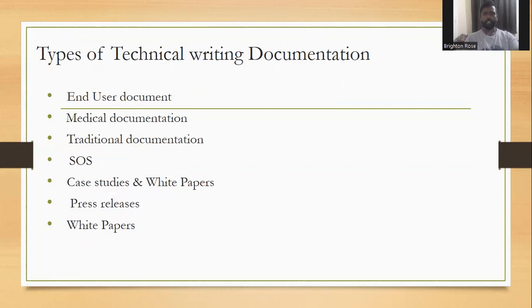So there are different types of technical writing documentation. To start with: end user documents, medical documentation, traditional documentation, SOPs, case studies and white papers, press releases. I'm sorry for repeating press releases. These are certain types, but that necessarily doesn't mean that these are the only types of technical writing documentation. So to start with,